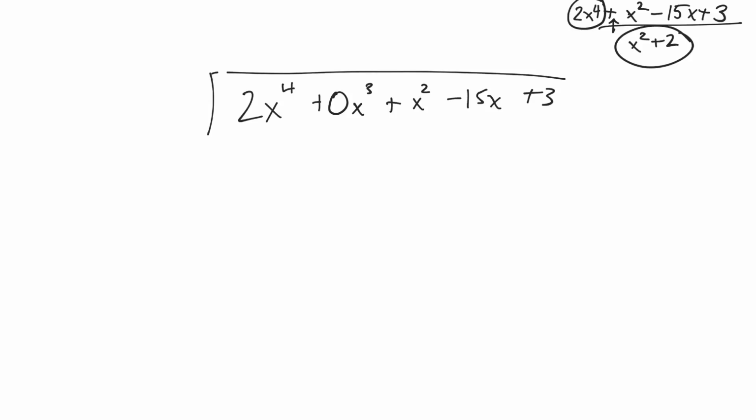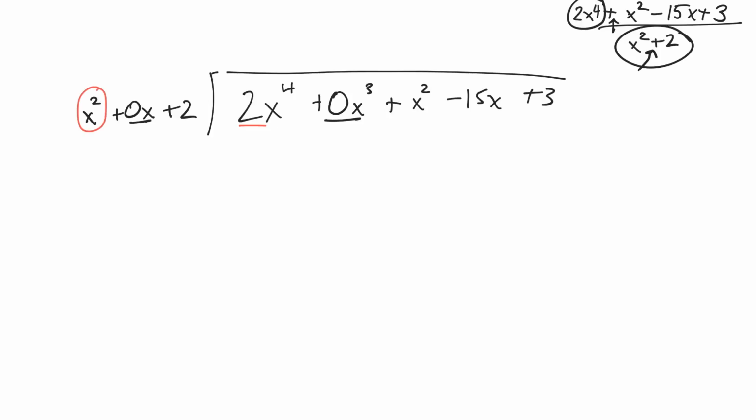Same thing on the bottom if I'm dividing by that. So if I'm doing long division, there's no x term, so I need to put a 0x in there, plus 2. So you have to make sure you account for any of the descending degrees if they're not there. Then I'll divide